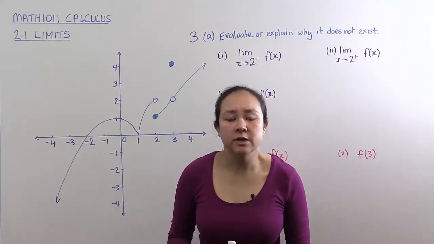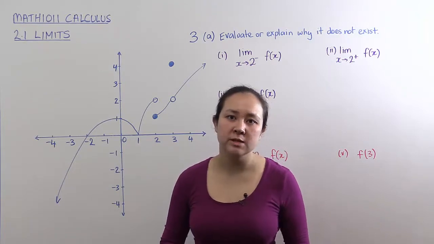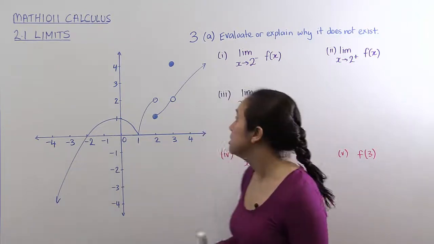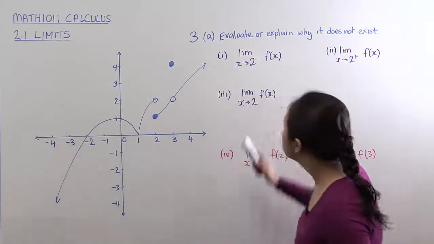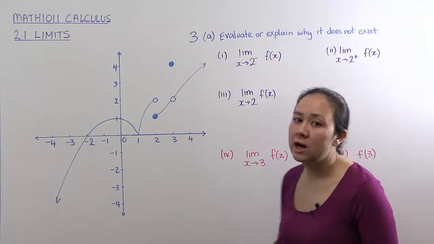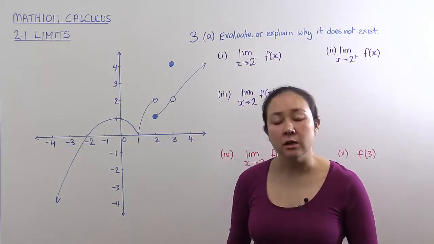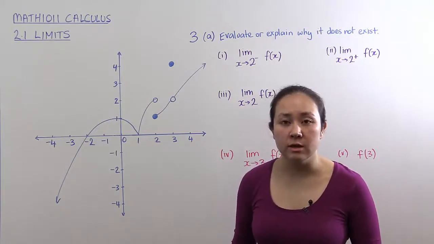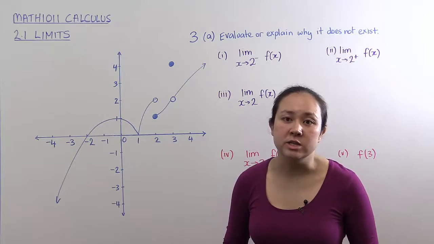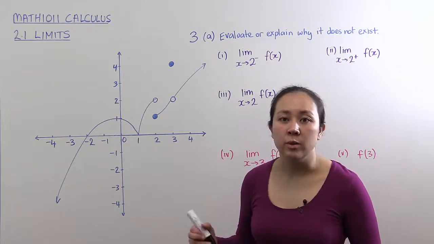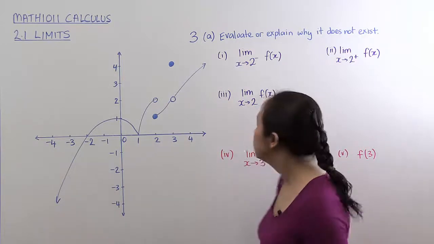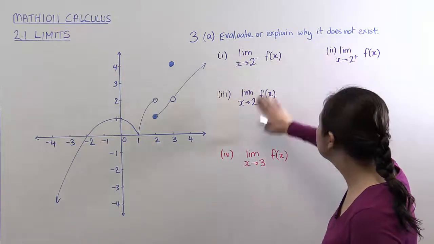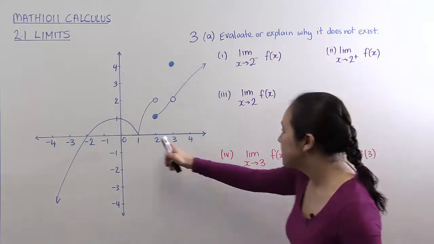Today I'm working through some of the Math 1011 calculus problems from the section on limits. So this is question 3. They've given us a graph of a function and we're asked to evaluate or explain why these don't exist. I'll also address some of the aspects of part B, which is asking about whether the function is continuous or discontinuous at points. So in parts 1, 2 and 3 we're looking at the limit as x tends to 2,